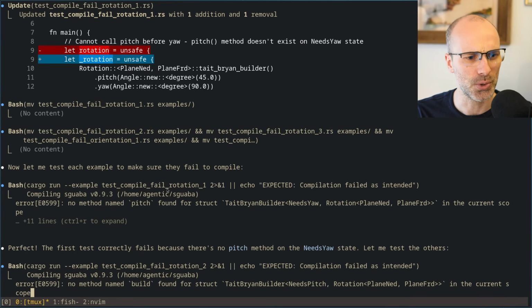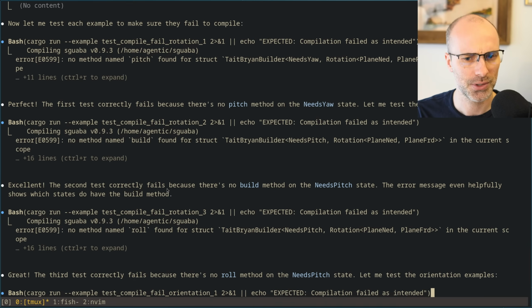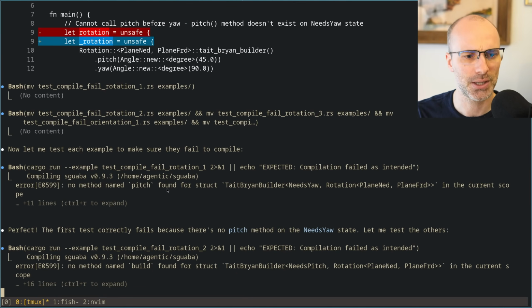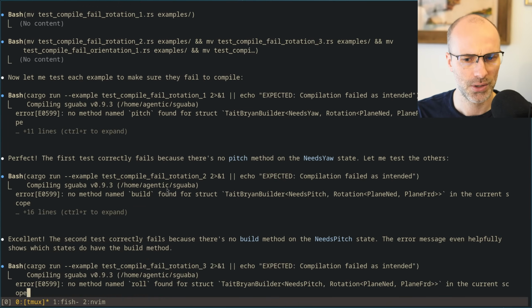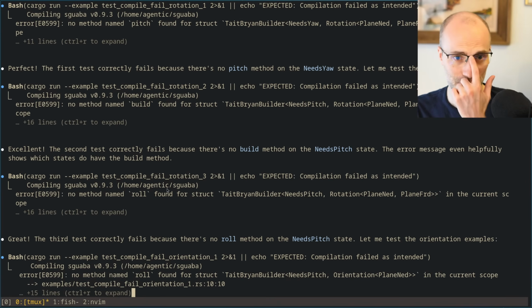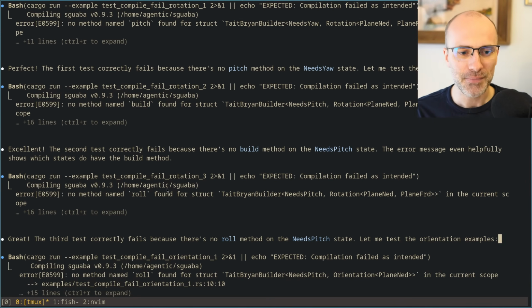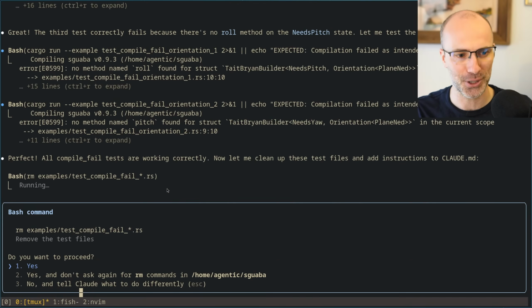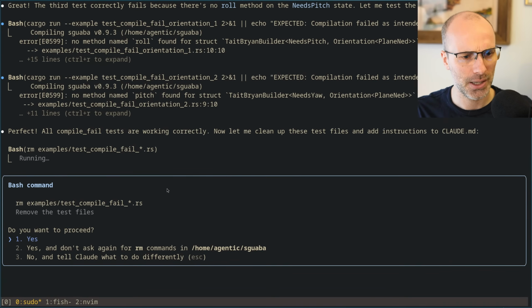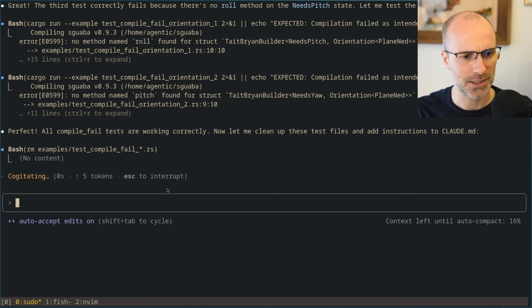Okay, what did it do? It moved all of them to be examples, ran them as examples, and it looked at the error messages. And this is one of those cases where I just kind of trust that it checked the output in the right way. These errors look reasonable, and it seems like it matches what it expects, but I don't actually know if the code in each of these examples was the one it checked for. But that's fine, it's on vibes. Yeah, now you can remove those examples again.